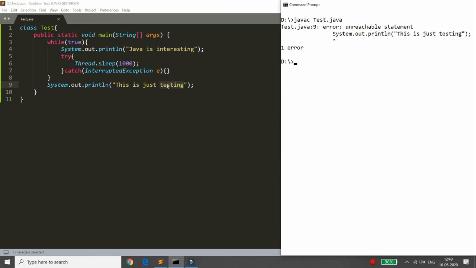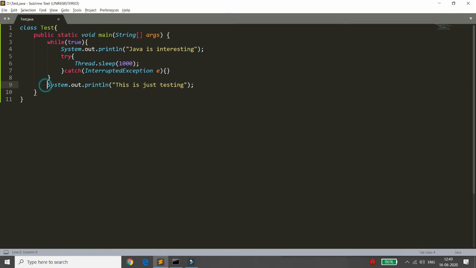Whenever you execute this application, it will give you an unreachable statement message. Why? Because my system is not able to reach this particular line. Because my main thread is busy executing this while true loop, right? So this statement will be unreachable.